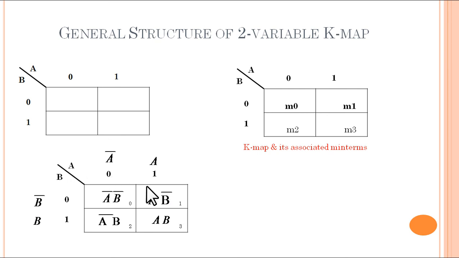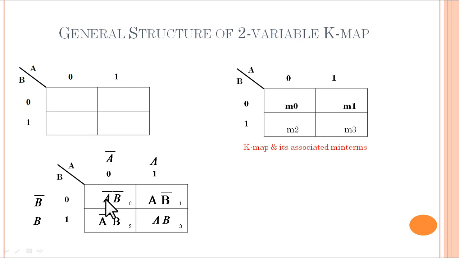A represents 0 and 1, where 0 stands for bar because it is in the line of A, so it is A bar. 1 represents A. Similarly, 0 is B bar, 1 is B. Now m has been omitted because we cannot always write m. So we will only write the squares. Within the squares we will write the numbers 0, 1, 2, 3 representing min term values because we are dealing with an SOP expression.